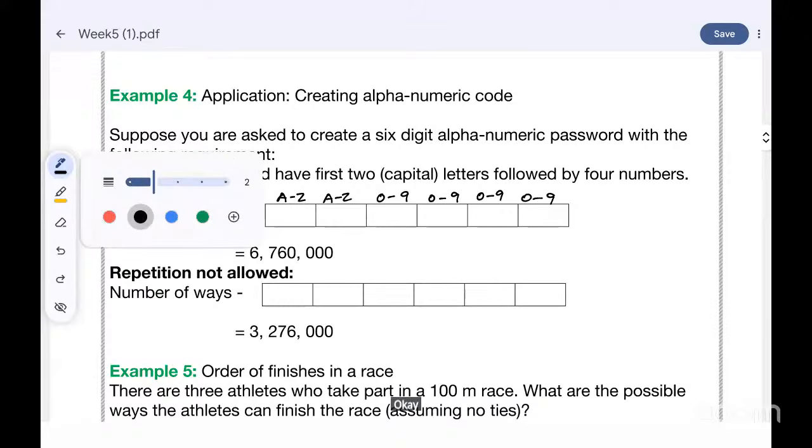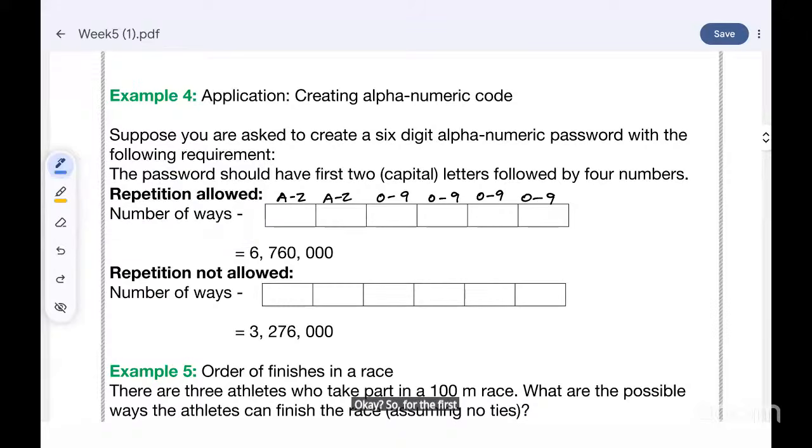Right? So for the first position, the number of ways is 26 possible ways, and for the second again 26. And in the third position, how many possible? 10. Fourth,